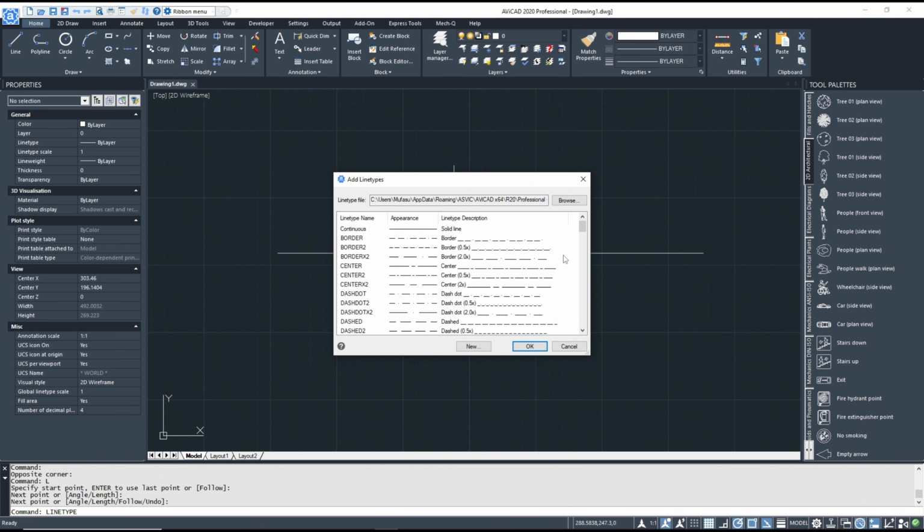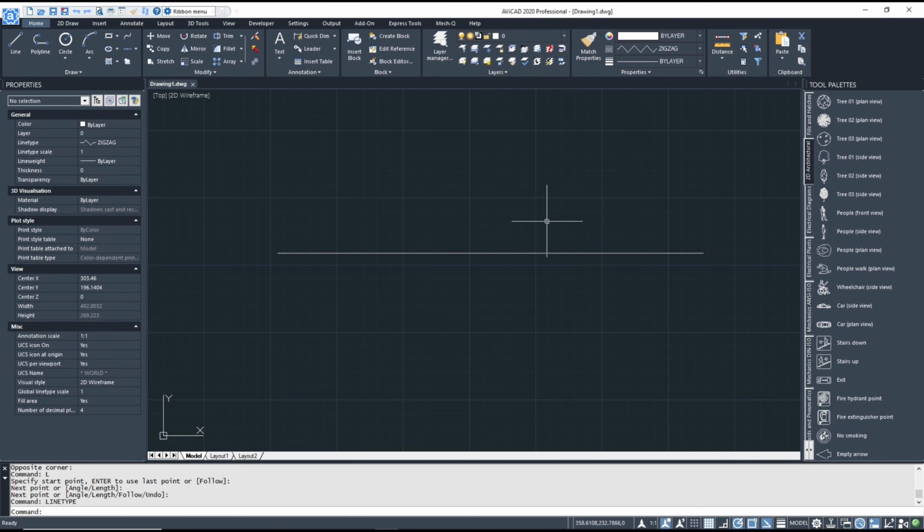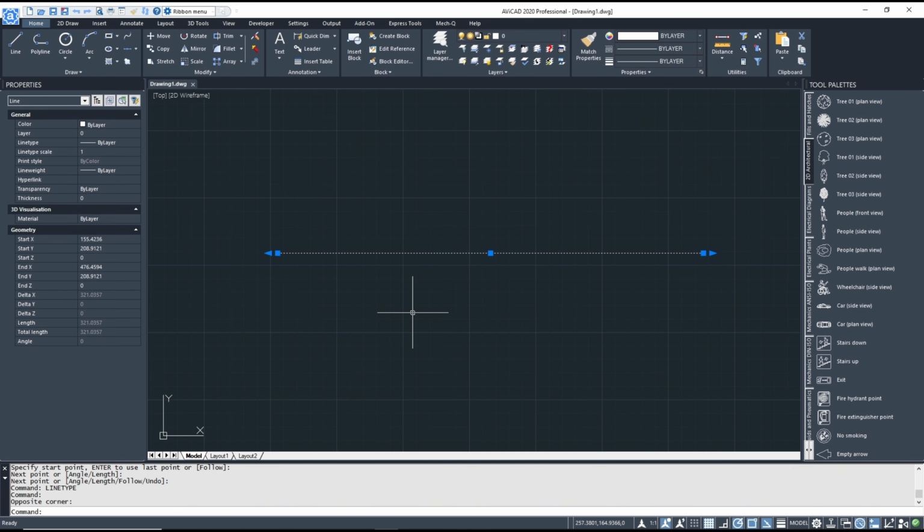Now you can search for the zigzag line. Okay, you can set this option to zigzag and click OK. Click OK again. Now you can select the line object and then go to the properties, click on the line